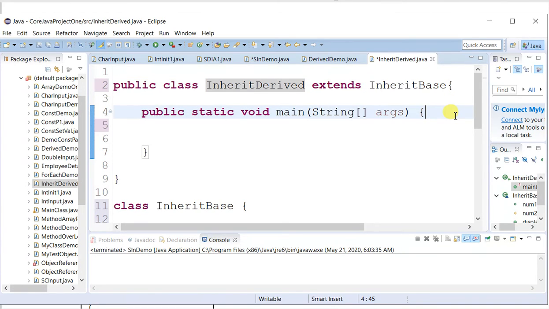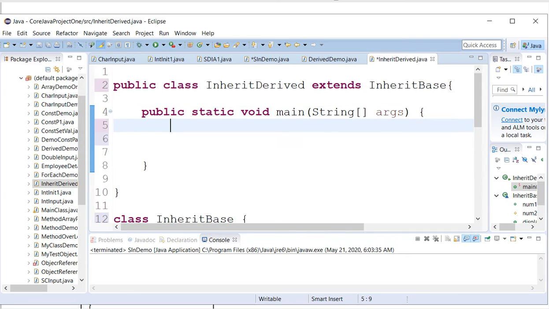Now, to access the members of the base class from the derived class, we need to create one object. Let us say obj equal to new, again base class. This is the way I need to create the object.